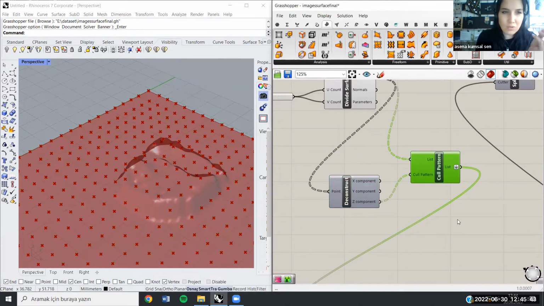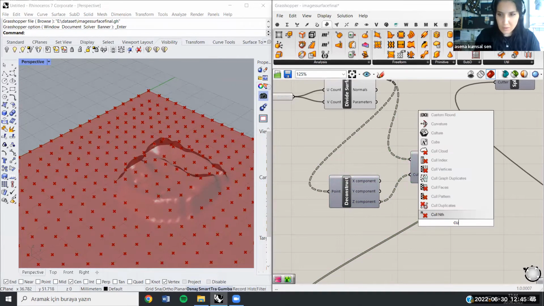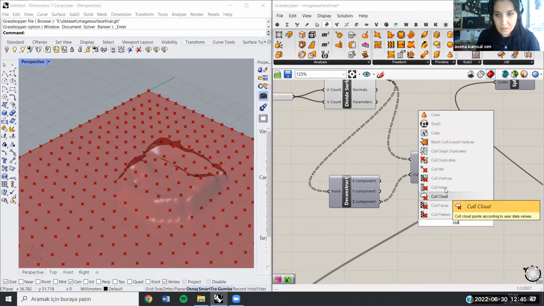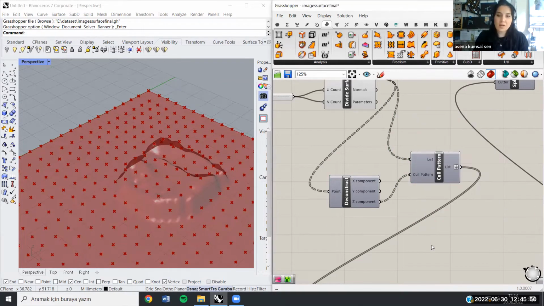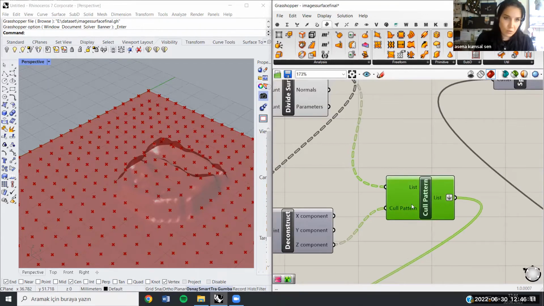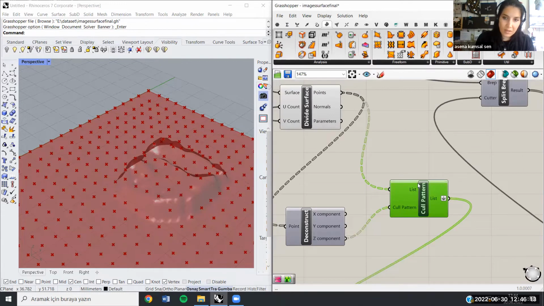These cull pattern, cull surface, cull faces, cull index, cull vertices, they are all used to get rid of the things we did not want in a list, or maybe don't call it a list. It doesn't have to be a list, but they are used all to get rid of the things we don't want. So I use cull pattern here, and as a list input,